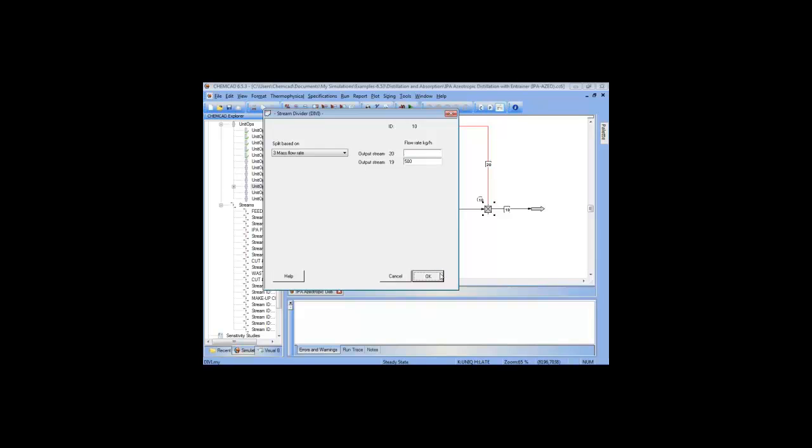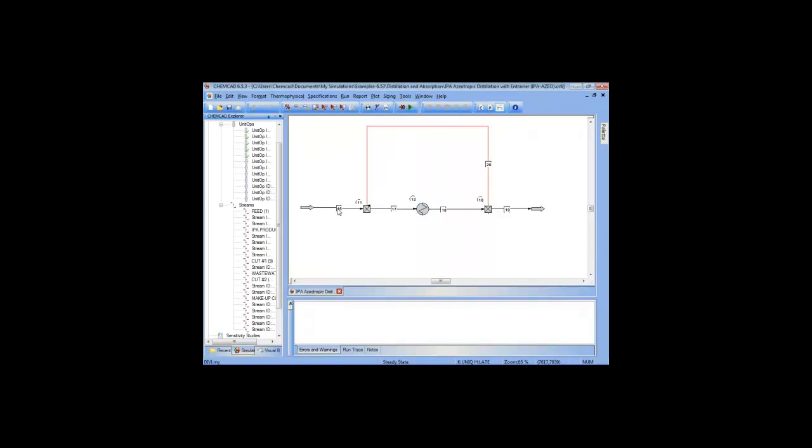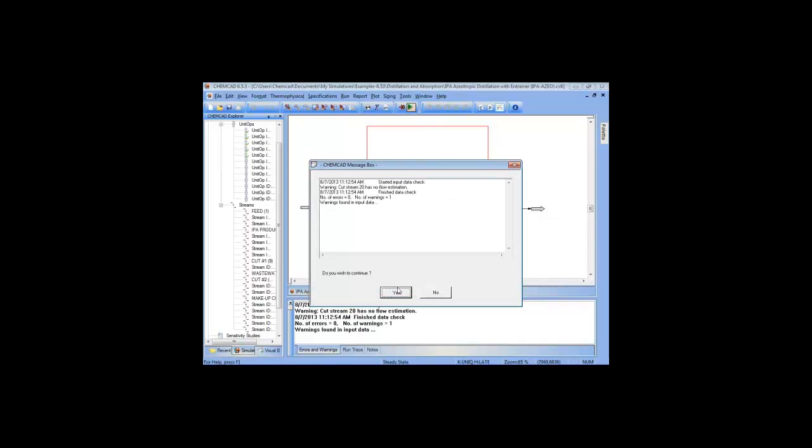When I press OK, when I press run, we're going to perform iterations around the loop. The default number of iterations in ChemCAD is 40. We can change that if we'd like. But when I press Run All, ChemCAD will start at this stream. It will cut stream 20 and say 0 flow rate plus the flow coming in. It will come through, reach the divider, and it will say the recirculation is the flow rate which arrived at the divider minus 500 kilograms per hour. So we press Run All,